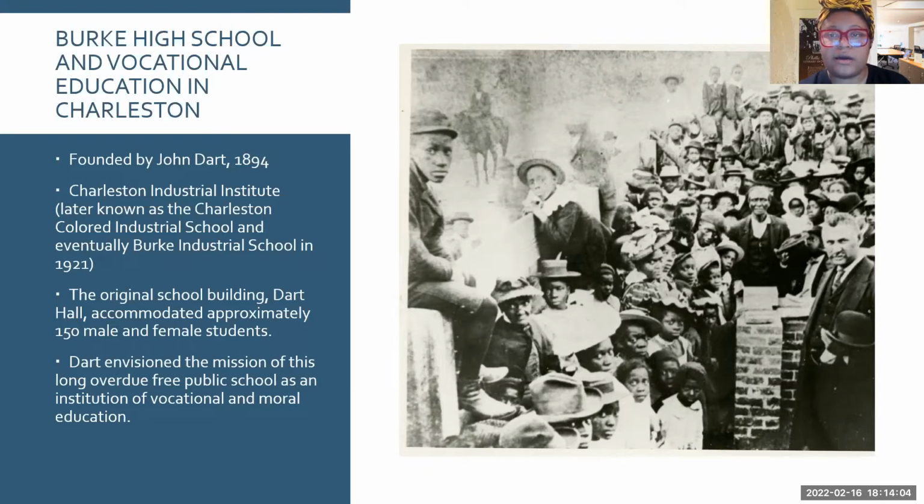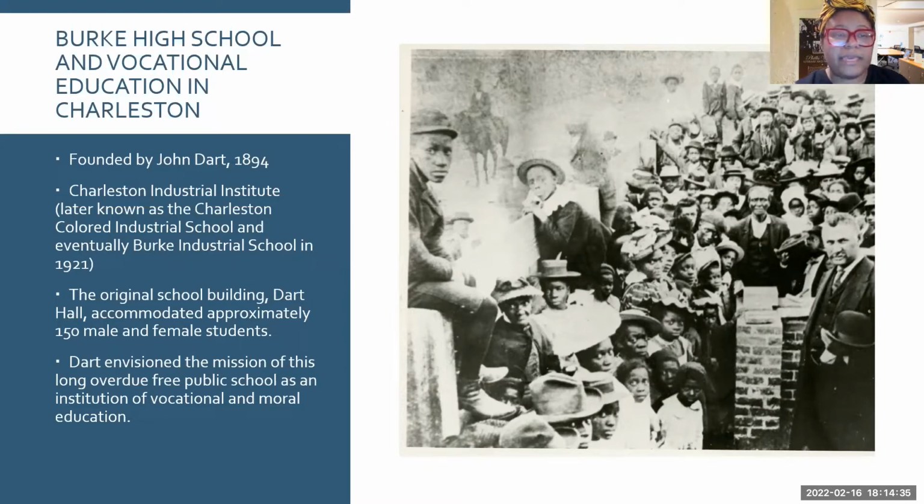And he saw the need to democratize education. So it wasn't just among elite people or those who could afford tuition, because people had to pay to attend Avery. It was $1, imagine. But at that time, $1 was a lot of funds to attend school. So he started the Charleston Industrial Institute, and then it changed names over time, such as the Charleston Colored Industrial